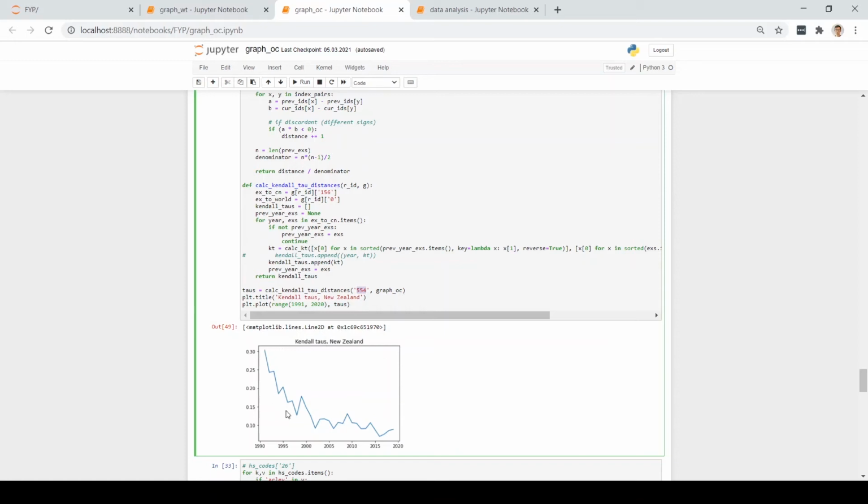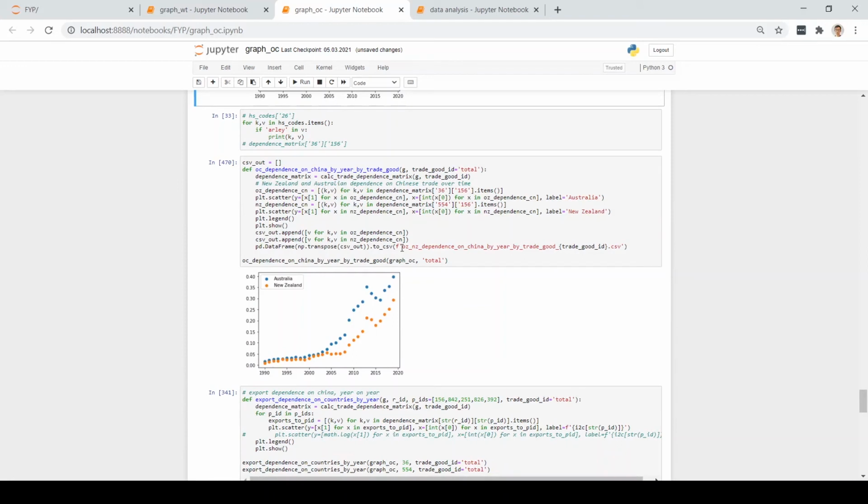So we see that in the earlier years, the trade goods change in significance quite a lot, and as we approach modern day, the trade goods sort of stabilize into a particular hierarchy where some trade goods have larger export values than others. Further on, we have some visualizations of